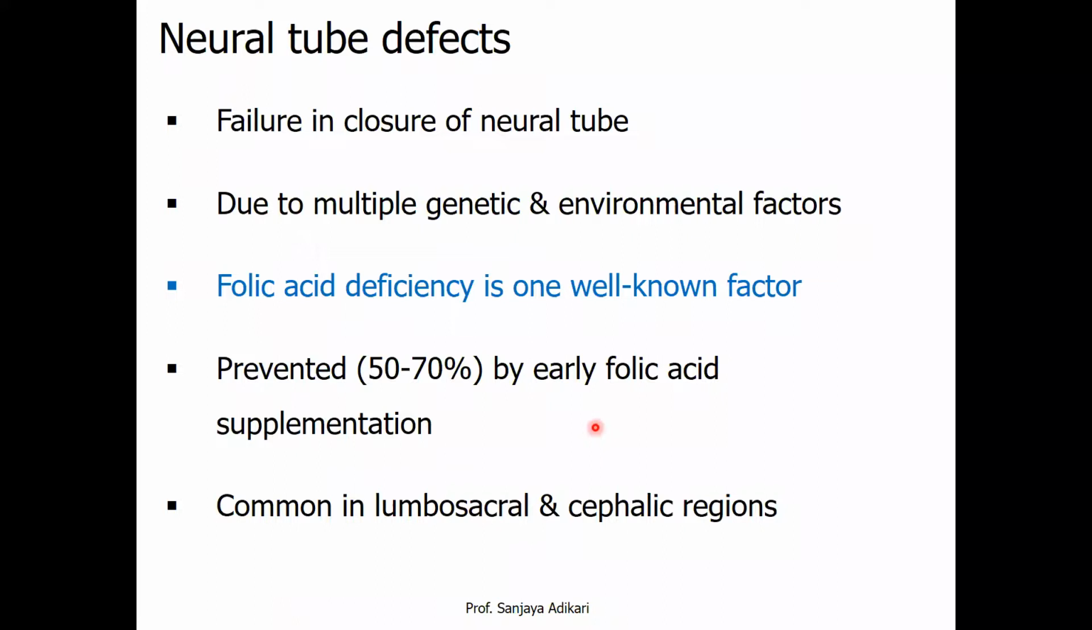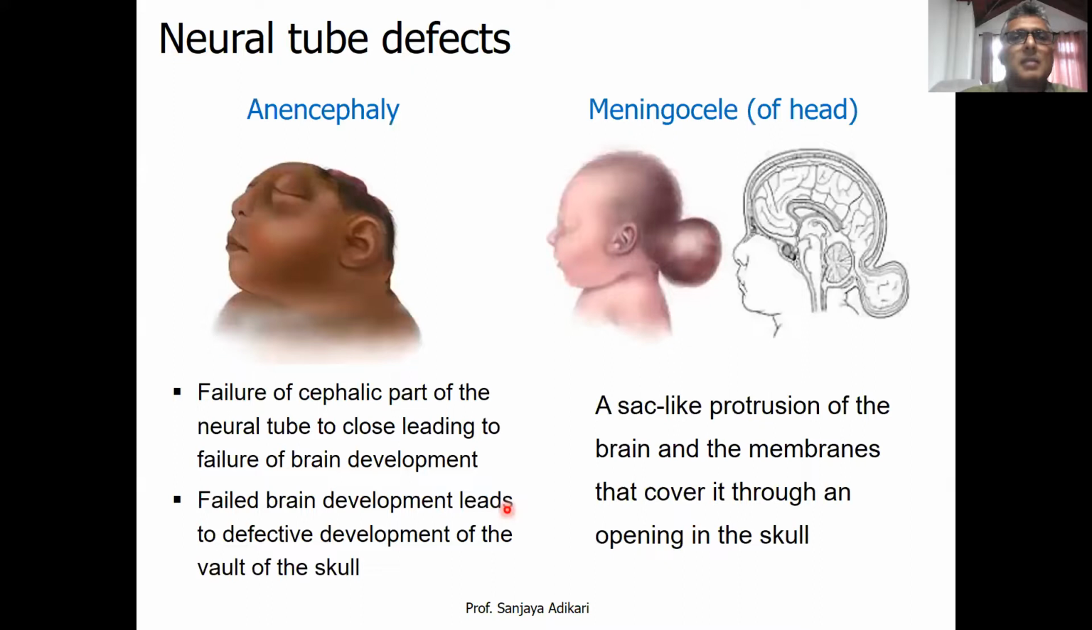So you start folic acid if you are in that age category and you are planning a pregnancy, whether married or not. Then you have to take folic acid before, not after you get pregnant. These neural tube defects are common in the cephalic region and the lumbosacral region. The lumbosacral region is, I think, more common than any other place. So these are a few of the